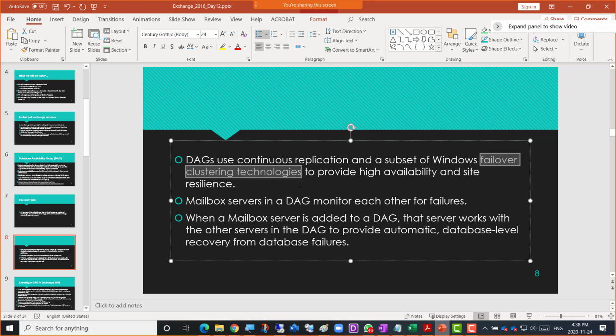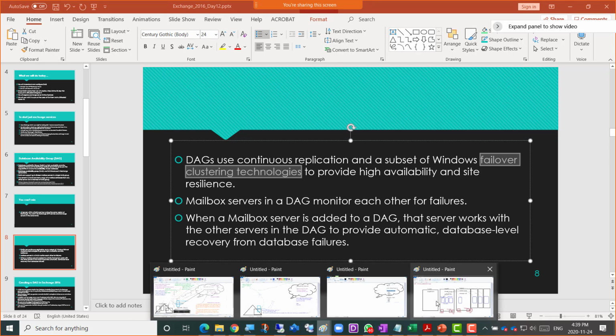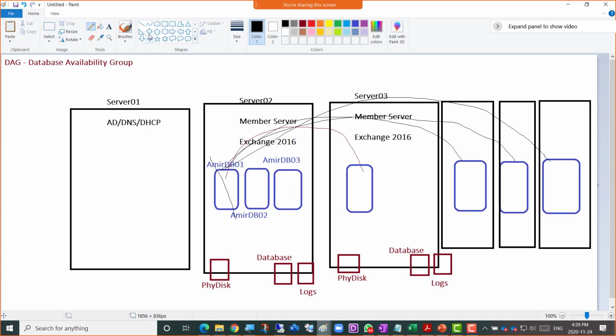If it is purely Microsoft or Microsoft machines are there, even in cloud, you need to understand at least how this works. Many of the concepts in the cloud for high availability are exactly the same as what these failover clustering technologies offer. So DAGs use continuous replication and a subset of Windows failover clustering technologies to provide high availability and site resilience. That is what we talked about before as well, that if there's an active copy